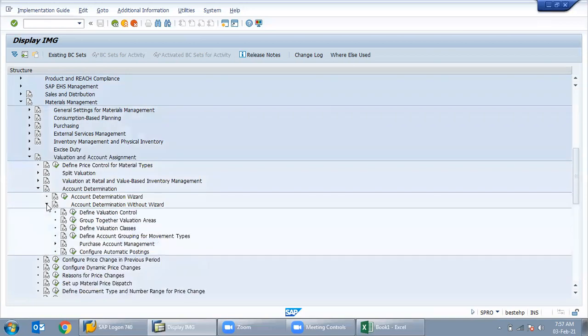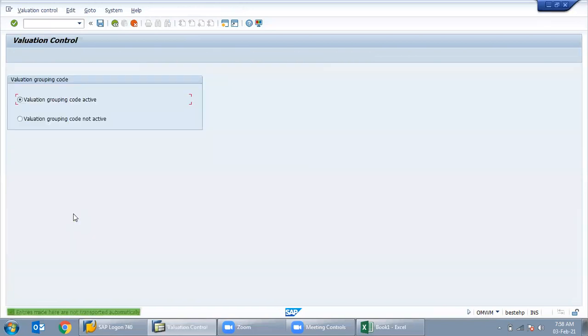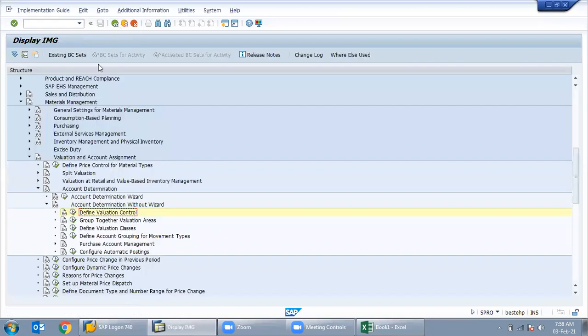That one. Define valuation classes, define valuation control, all are there. First we need to create a valuation control. Valuation grouping code is active or not active. That should be active before using valuation class. There is the option for activating and deactivating. That is a small part.